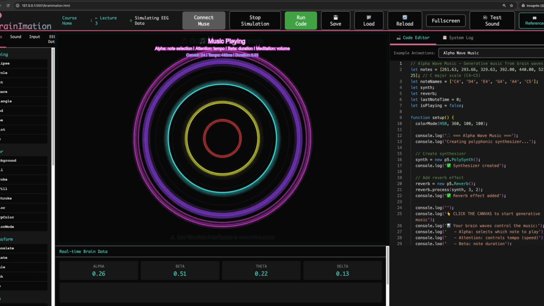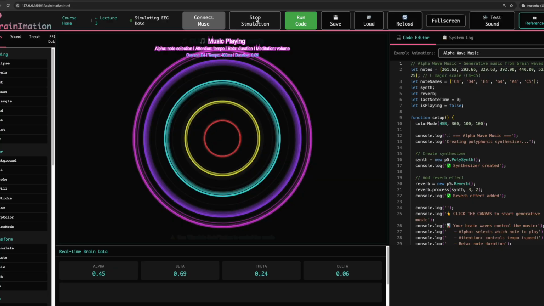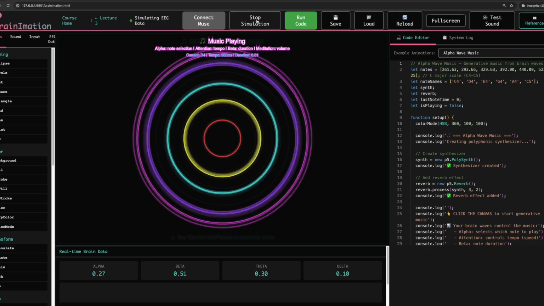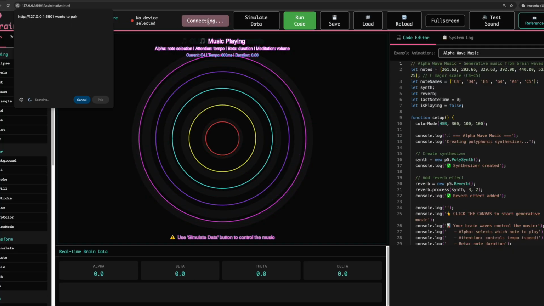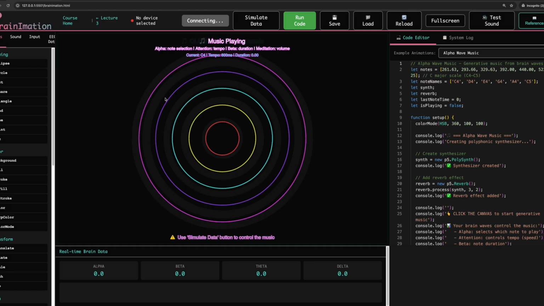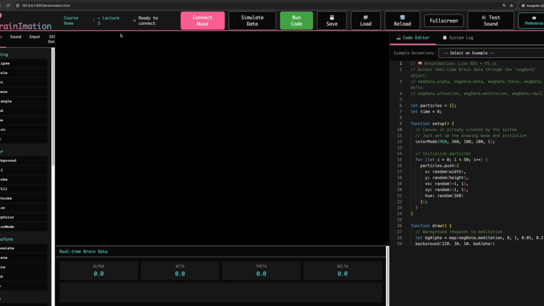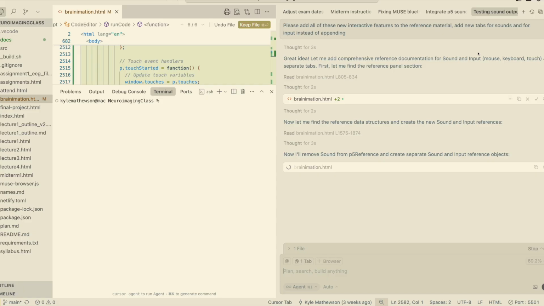I'm not sure if you do. It sounds like very nice music. Da, doo, doo, da, da, doo, da, da, da. And it is not based off my brain activity, but let's see if I can connect, pair. Now it is based off my brain activity. Cool. Okay. Refresh and go back